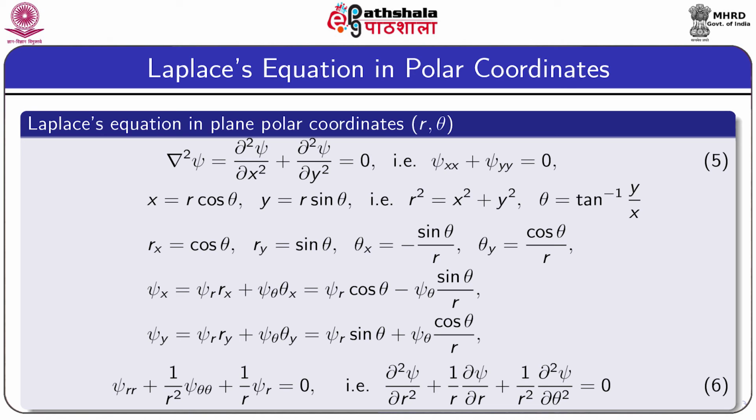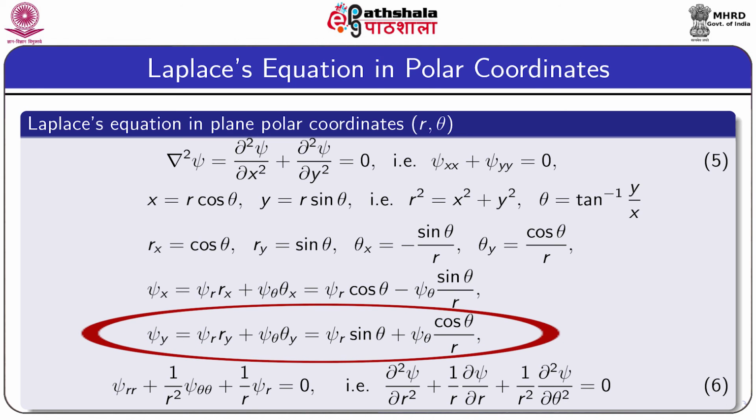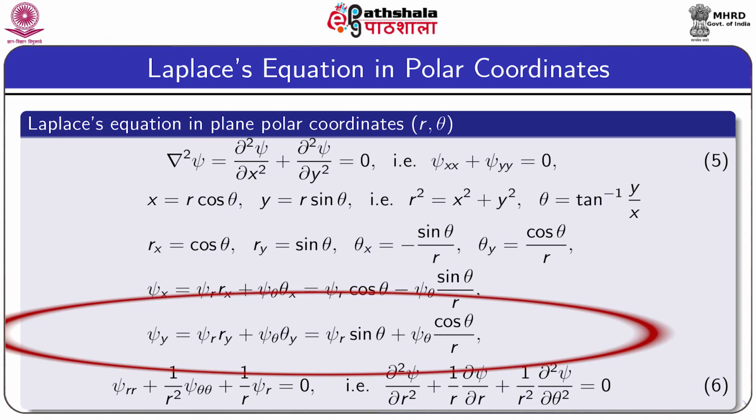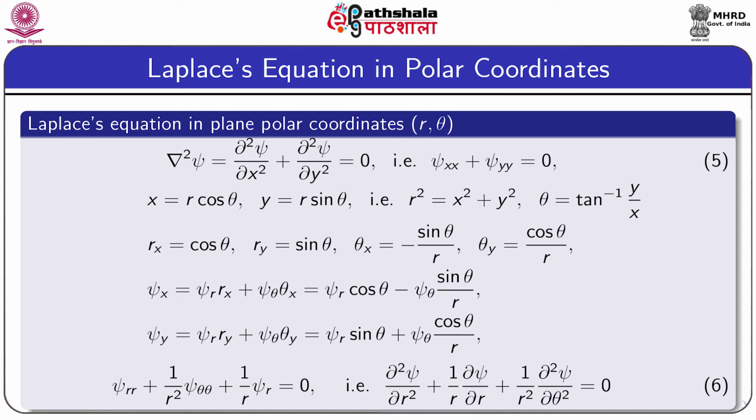Similarly, we can derive the value of psi y using the chain rule. Psi y is equal to psi r r y plus psi theta theta y. So, this equals psi r into sin theta plus psi theta into cos theta by r. Here we have used the values of r y and theta y, which are given here. So, if you take the second order derivative of psi x with respect to x,